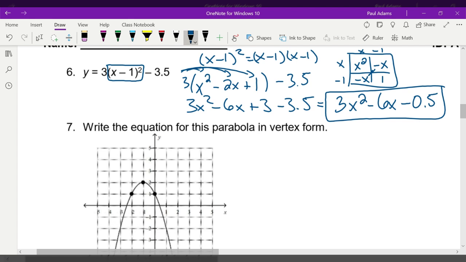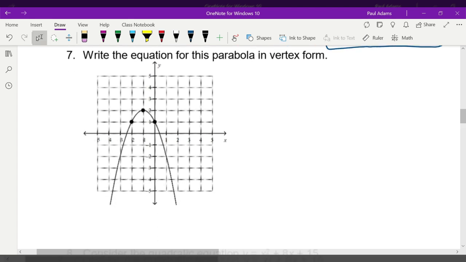All right, number 7. In this case, I want to put this in the vertex form. So first things first, let's identify what the vertex is. The vertex is right there. So that's at -1, 2. Our a value, if I go 1 to the right, I go down 1. So my a value is -1. All right, a lot of students miss that, okay, because it does open down, so your a value should be